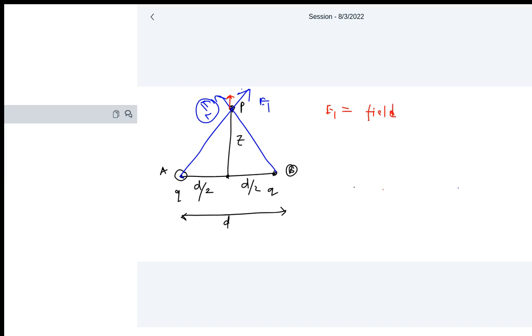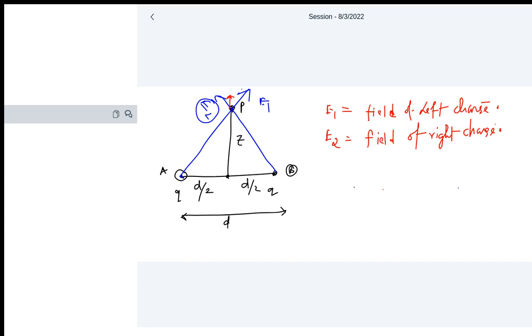E2 is the field of the right charge. Okay, fine. From the figure configurations, the horizontal component,